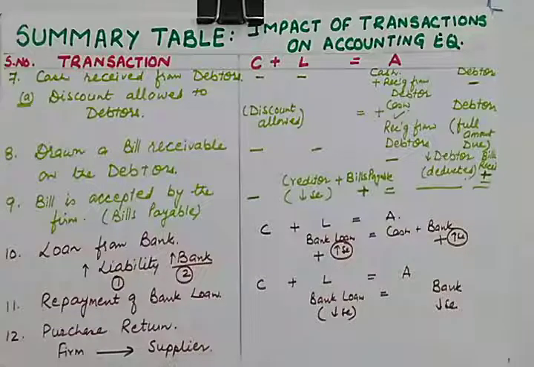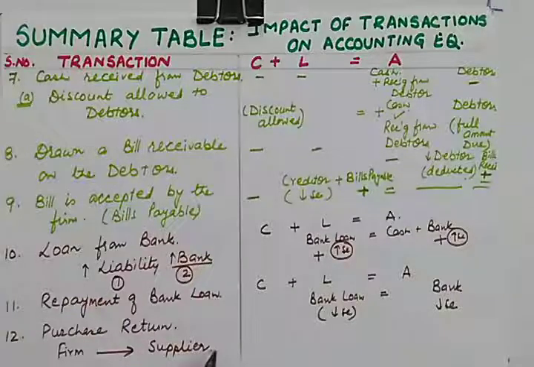The reason can be any: goods are not as per the specifications, or color is not as per our requirement, or the quality of the goods is not good. So the reason can be any, or the price is overcharged or undercharged. Undercharged is not there. Normally overcharge, in case of overcharge we return the goods.